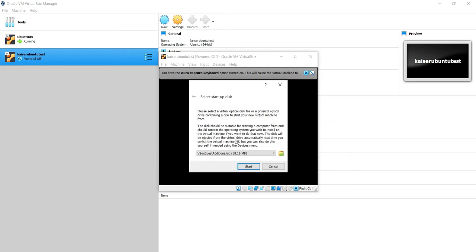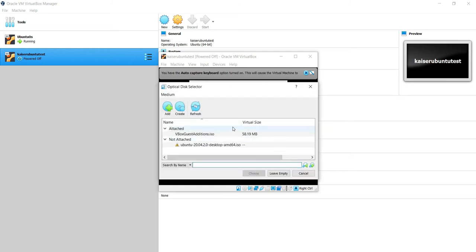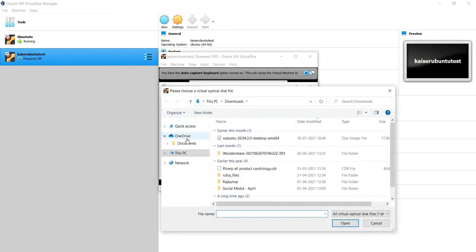It's asking for the startup disk. Yes, some ISO should be there. I already had that ISO, since I already installed it, it's there. If you don't see this kind of option, just click on this folder. It will ask where to go and search for that ISO. It's there on my desktop. Just leave this empty. I'll click on add. If I want, I click on add. So I'll go to my